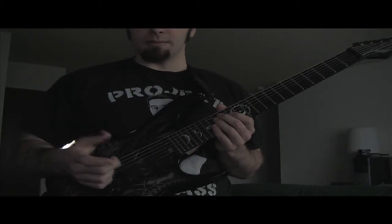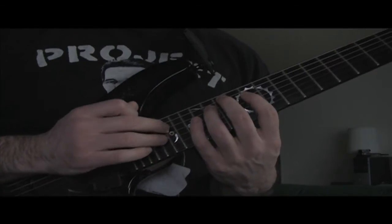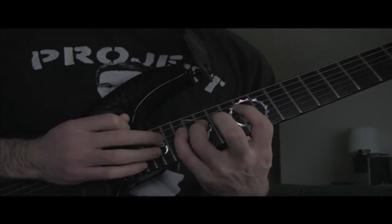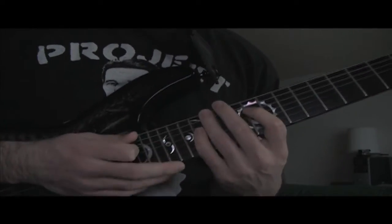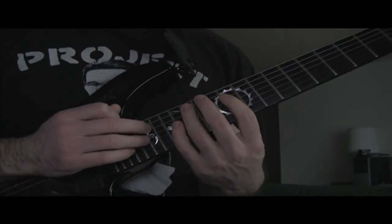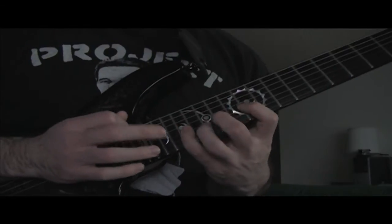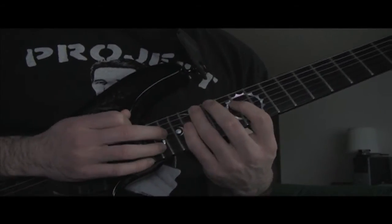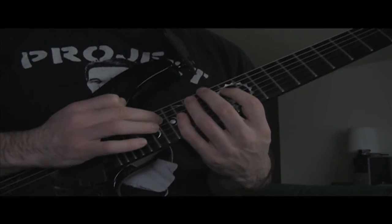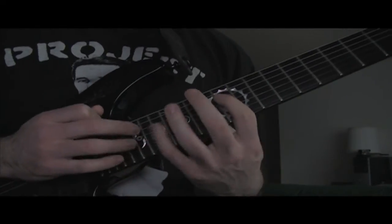Now let's get into the pentatonic thing I was talking about. So, the lick that I learned inside the book that I was reading is just this. That's it. Then I altered it a little bit differently, and I put in a little blues note in there. So at the end, I just put in that note. And another way to alter it, which I did the other day, is